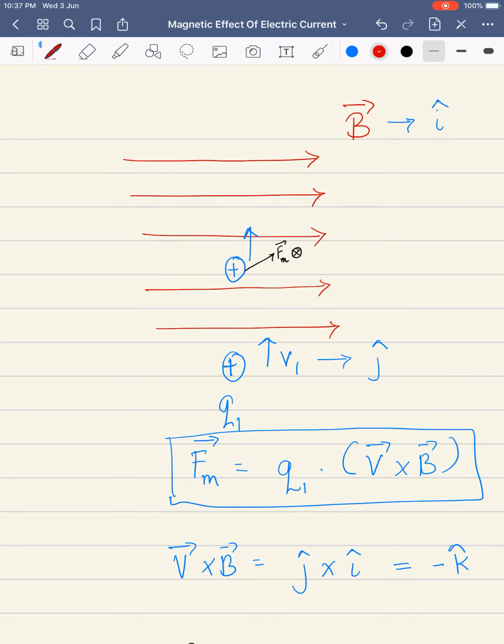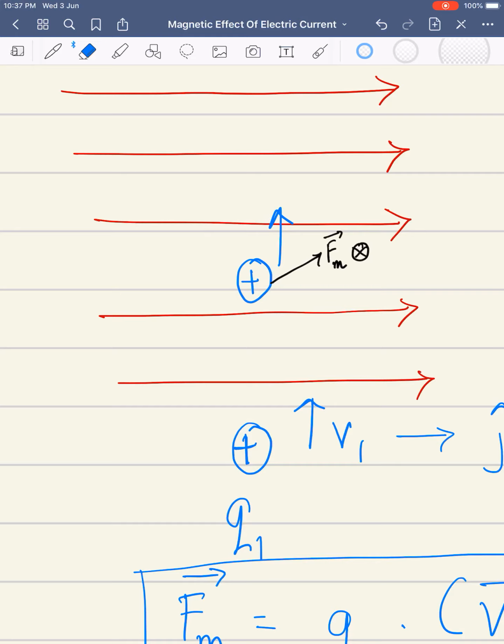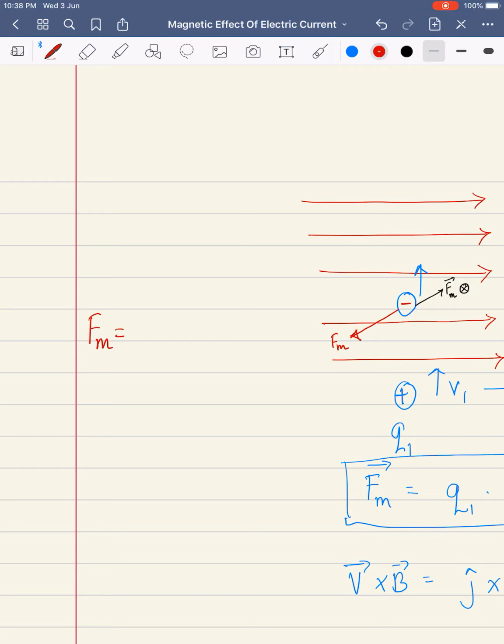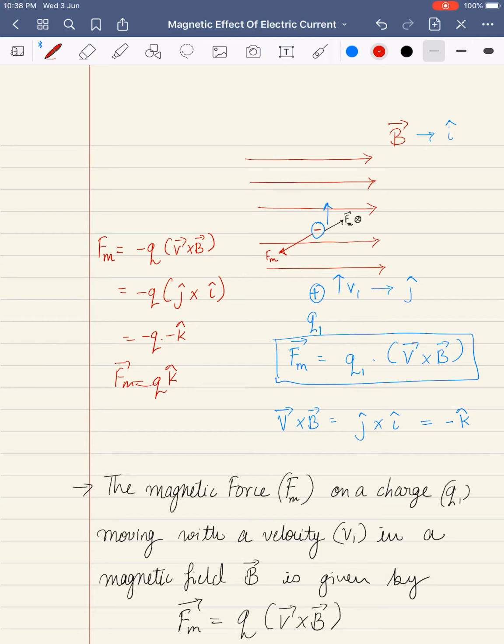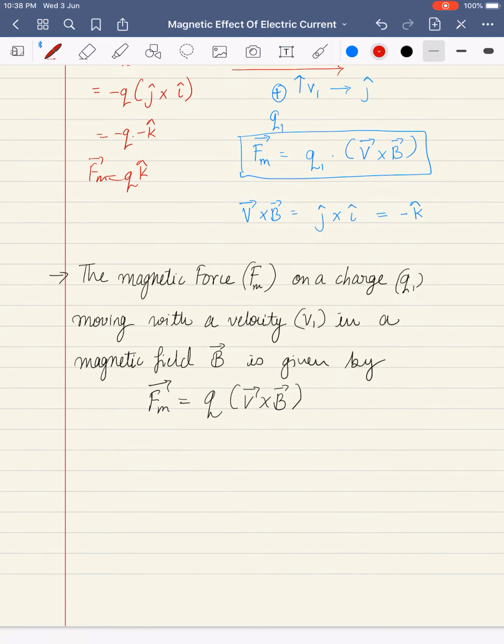But suppose the charge which is experiencing a force is an electron, meaning instead of the positive charge, if I consider this charge as negative, what happens because of the minus? The magnetic force which is experienced on the charge will be normally out of the plane of paper. Why will it be normally out of the plane of paper? Look over here. So Fm is equal to, since it is a negative charge, we write minus Q into velocity vector cross B vector. So minus Q into velocity vector is along j, that is positive y axis, and magnetic field is along positive x axis, so i cap. So j cross i is minus k, so minus into minus is plus. So basically it experiences a force along positive z axis. Whereas if I would have considered a positive charge, the magnetic force would have been in negative z axis. Got it clearly? Okay, yes sir.